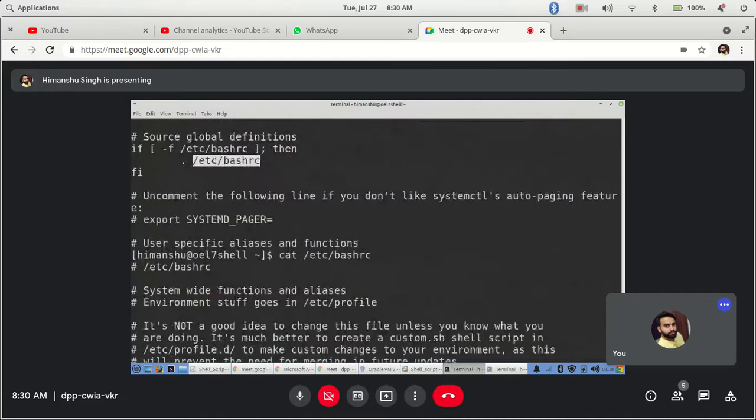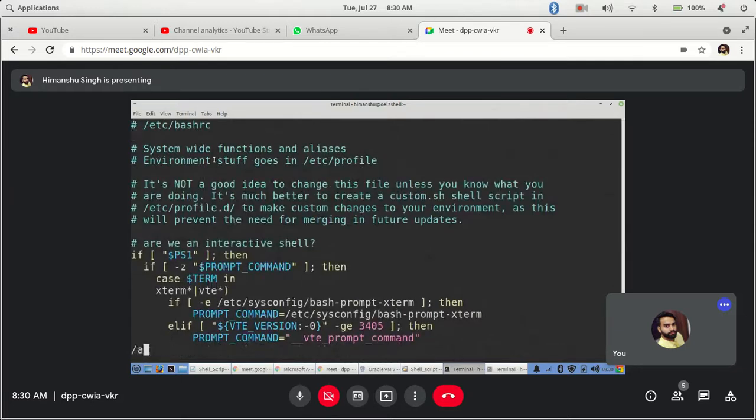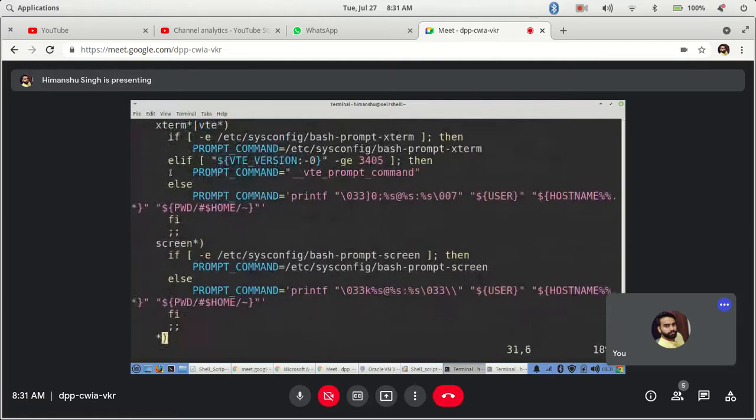Let me open it. It is system wide, and then it will be defined. It will internally call one more file, so internally it keeps calling other files.